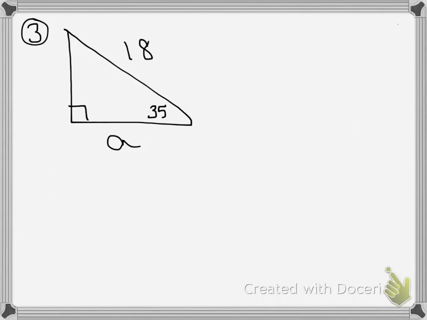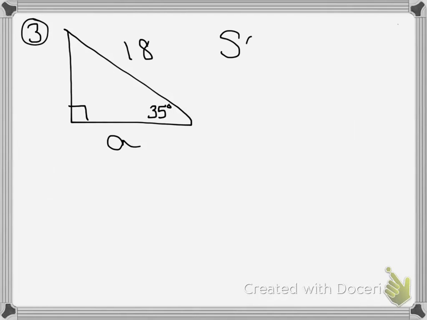Example 3, we have our 90-degree right triangle here. This is going to be side A. This is going to have a length of 18. And we're going to have a 35-degree angle right here. How do I solve for A? I can't use the Pythagorean theorem. I'm not going to use the sum of the interior angles of a triangle. So instead,